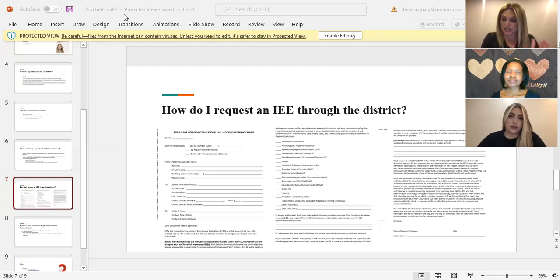comprehensive psychoeducational piece. Now, every assessor, every psychologist does it differently. My approach is very comprehensive. So when I do an assessment, we try to get an observation, at least 1 or 2, of the child at school. I know during COVID that was, we're kind of still in COVID, but it's still kind of tricky. But we try to get an observation at school. We get teacher rating forms. We get parent rating forms. If the child is getting ABA services or speech services, we have interviews with the ABA therapist.